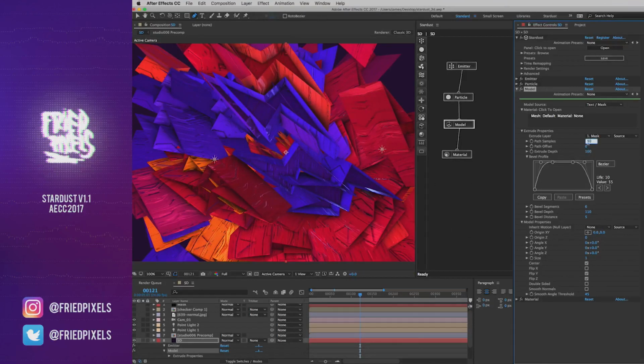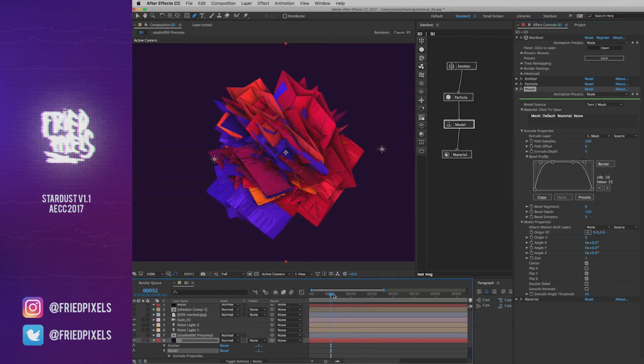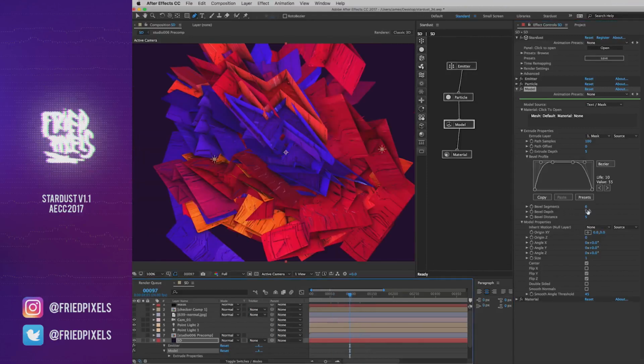Well, I also need to maybe up my samples a bit, which, no, that didn't really have any effect there. But anyways, if you got crazy and wild, you could come up with some really cool custom shapes there